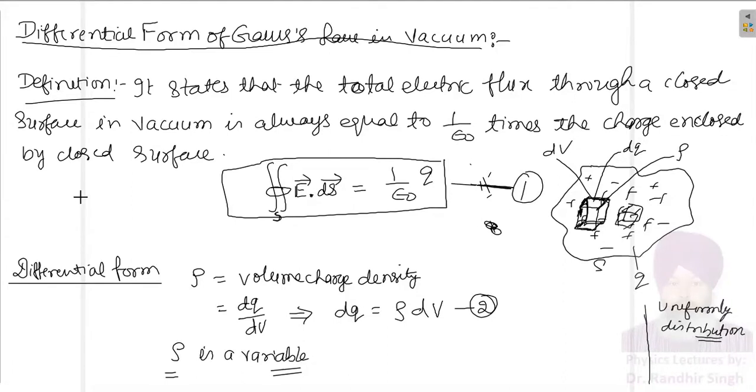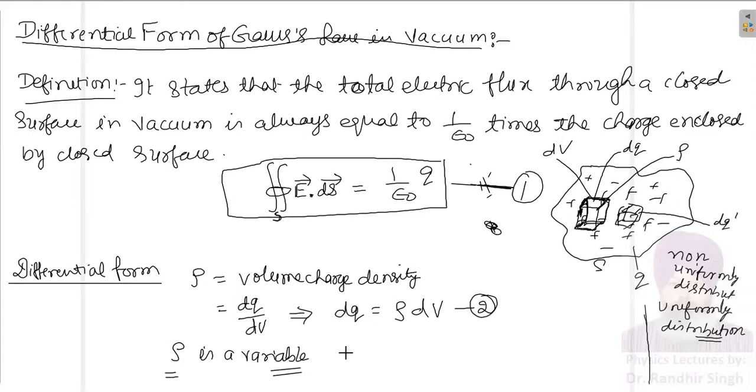Okay, students, so there is a charge here also. That charge may not be dq, it may be different, dq dash, because the charge is non-uniformly distributed. In our case, the charge is non-uniformly distributed. Because rho is a variable, for the same volume you will have different charges in the whole region of the body.